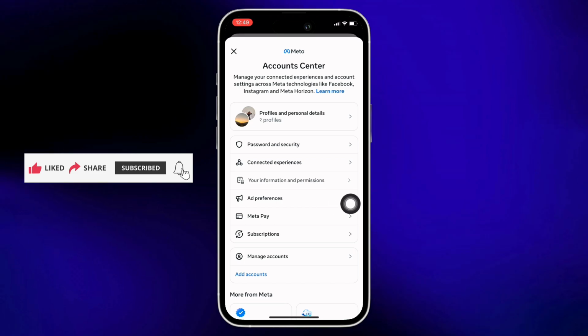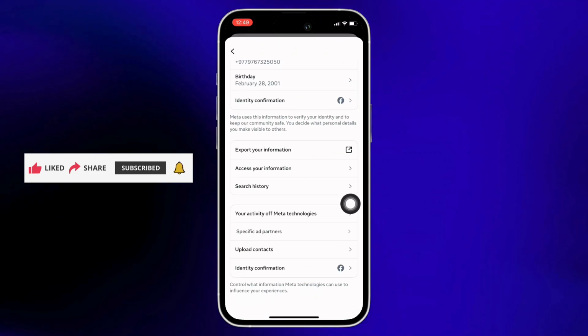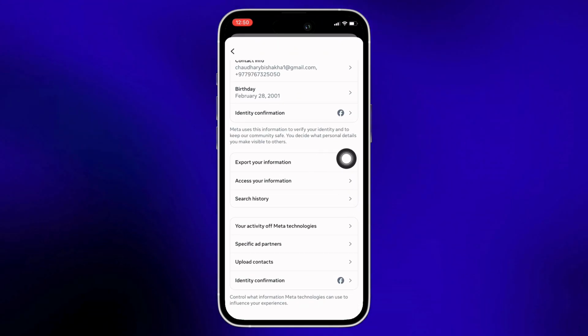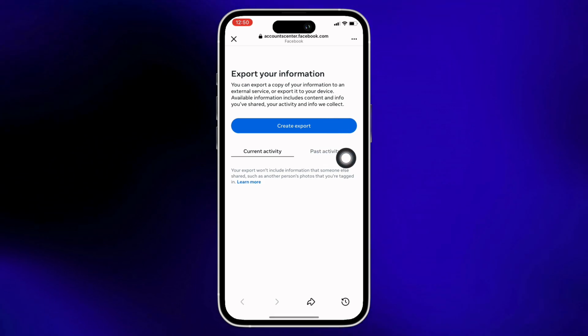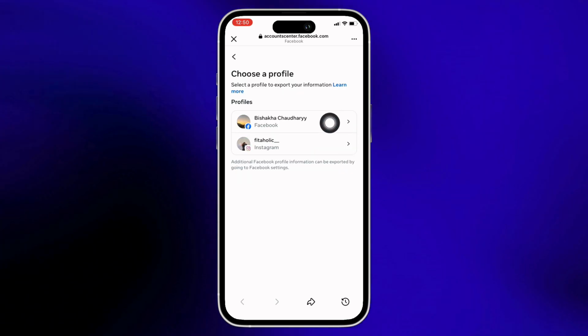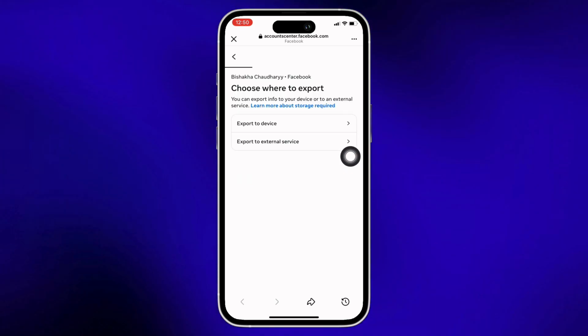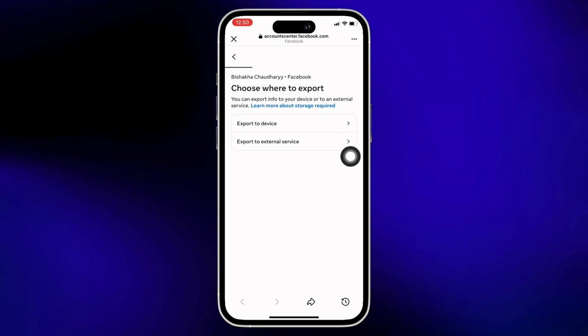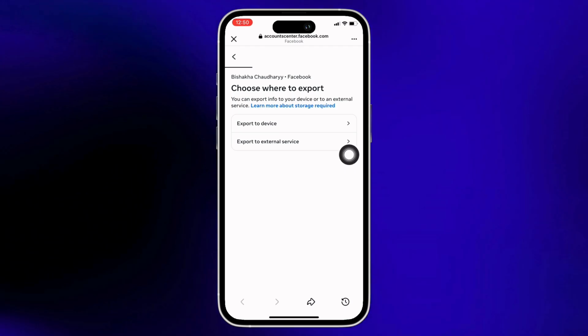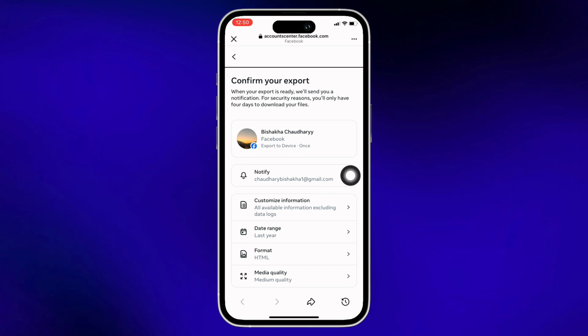Now, in the interface that you will be led to, tap on the Export Your Information option you see there, and then tap on the Create Export option. You will then be required to choose your Facebook profile, so tap on that. Further, you will be required to choose where you want the exported files. I will simply tap on the Export to Device option, and with this, the exported file will be saved to